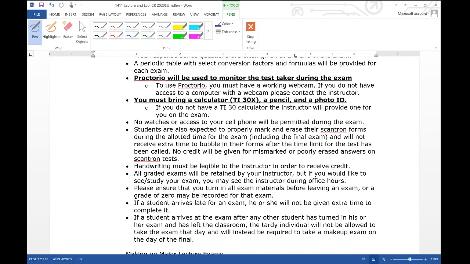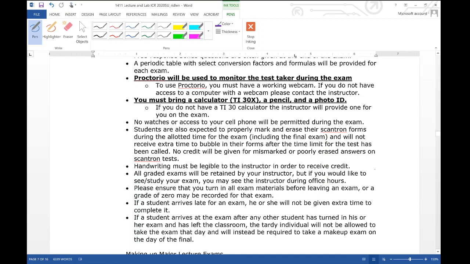So you will need your calculator. You don't need a pencil in this case, but I would use some scratch paper and a pencil. Obviously, you'll need that. A photo ID, just show me your ID real quick if you have one. If you don't have it, then I understand that. If you're a new student or something like that, you may not have one yet. You can't use your cell phone, anything like that during the test. Only you can take the test. If for some reason I suspect someone's taking the test for you, well, we'll deal with that later. But don't do that, because I am going to check and make sure it's really you.